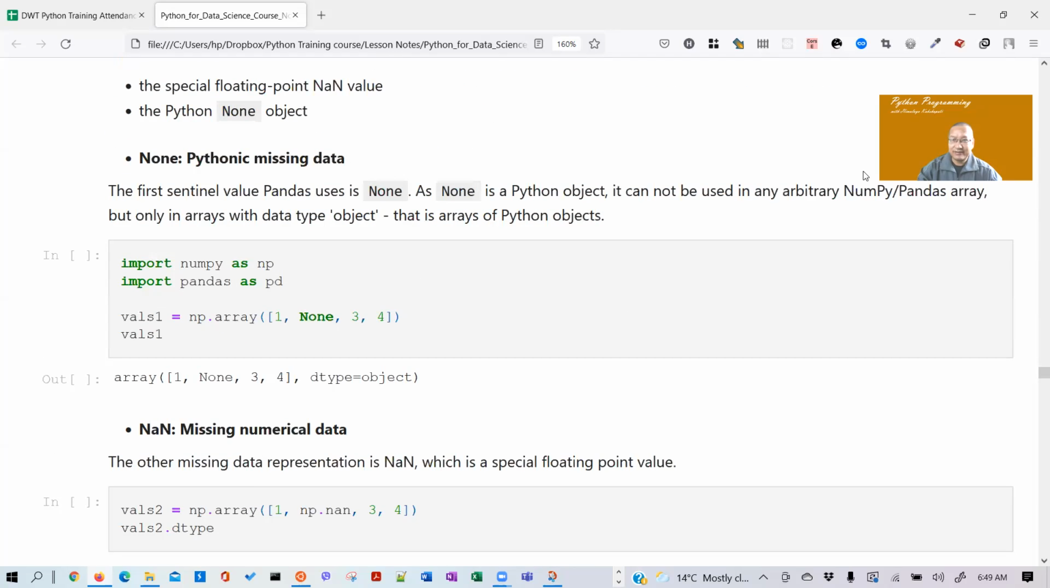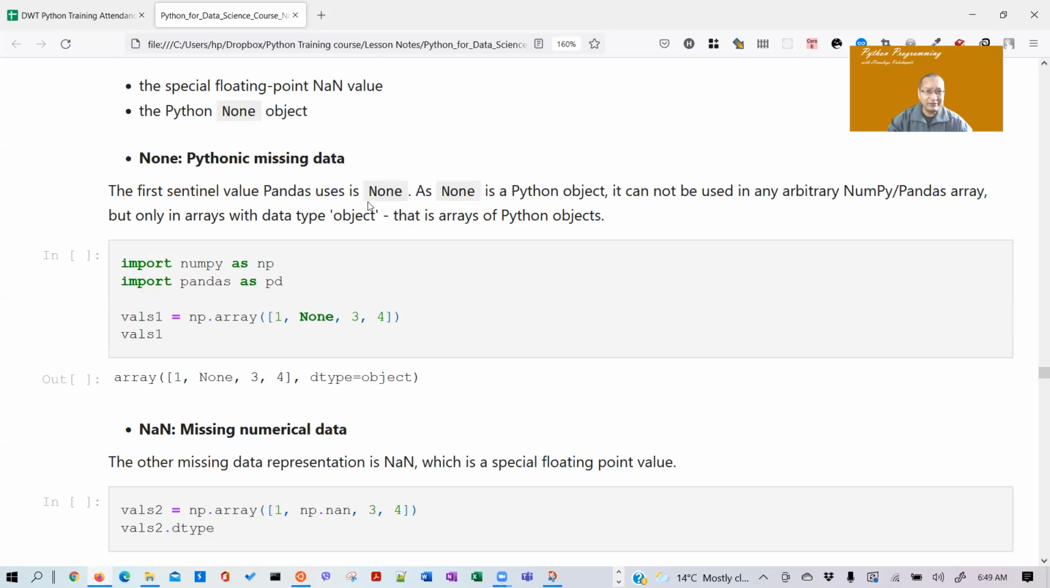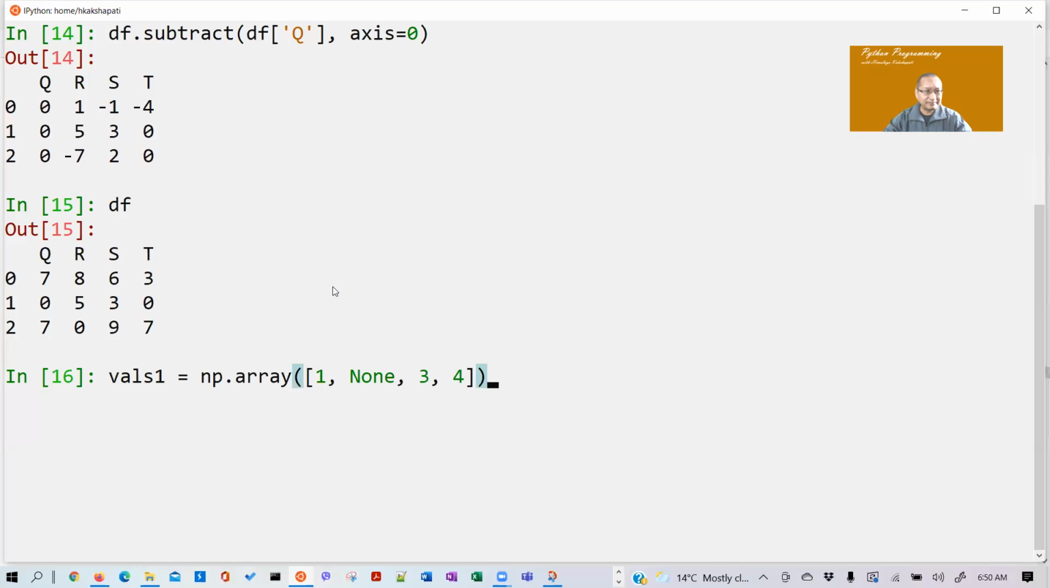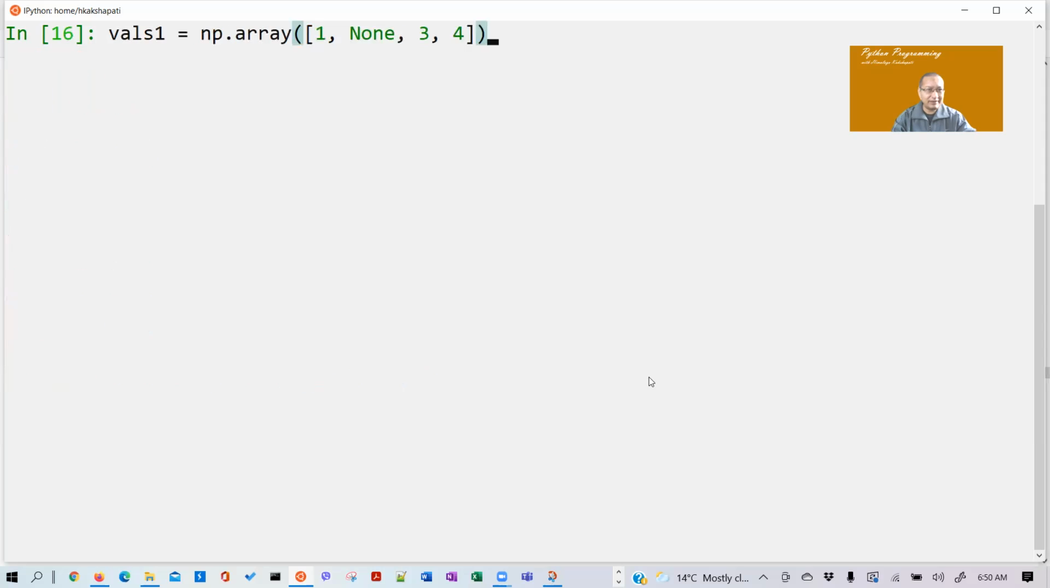The first sentinel value pandas uses is None. None is a Python object. It can be used in any arbitrary NumPy or pandas arrays, but only in arrays with data type object. We can simulate that using this. Say vals equals, let's see, are you going with me? If you look at this,